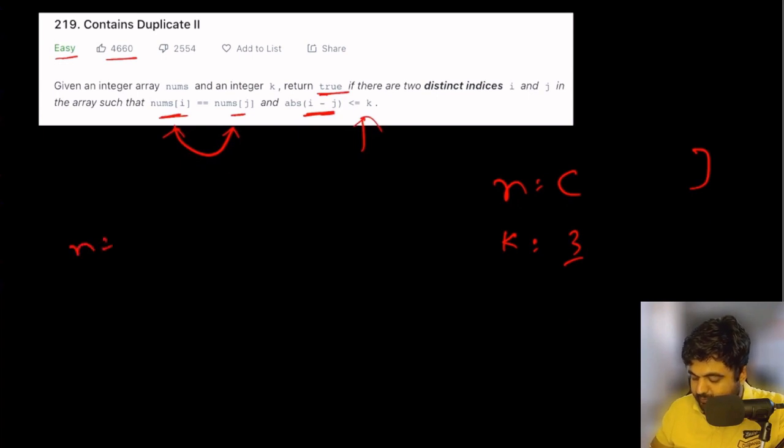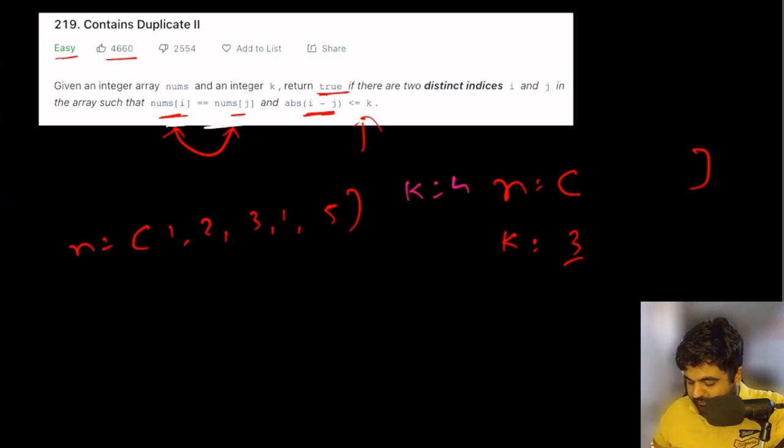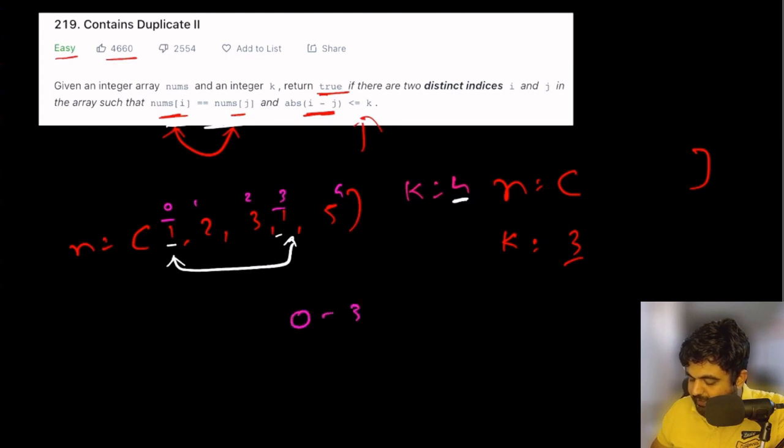So suppose our given input n is equal to 1, 2, 3, 1, 5. If this is the input we are given, and we are given the k value to be 4, does it satisfy these 2 properties? First let's see. We need to check that within the window of 4 there needs to be 2 duplicate values. Currently we can see that there exists a duplicate value 1 and 1 over here. Let's see the index positions, 0 and 3. So if we do the difference 0 minus 3, so basically we need to do the absolute difference,